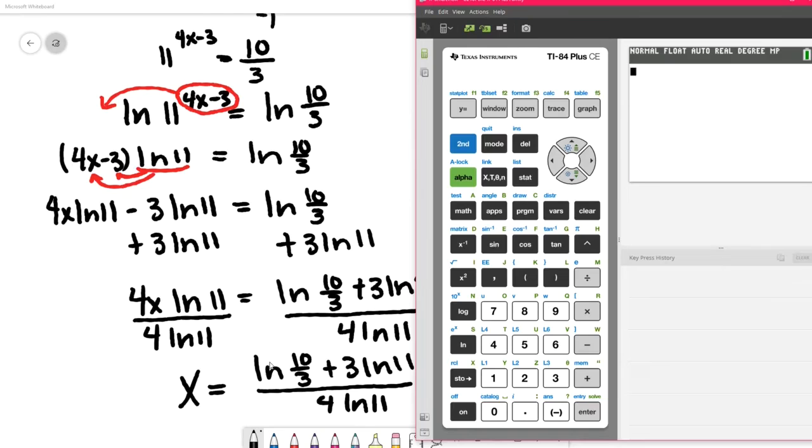Now when we type this, we do need parentheses around the numerator. I'm going to have parentheses, natural log 10 over 3. And you'll notice that when I type natural log, the calculator automatically put a parenthesis at the front of that. So I've got to close that parenthesis. And then I need to do plus,